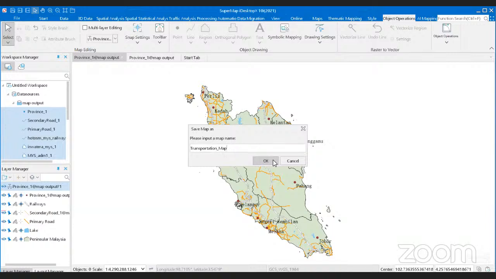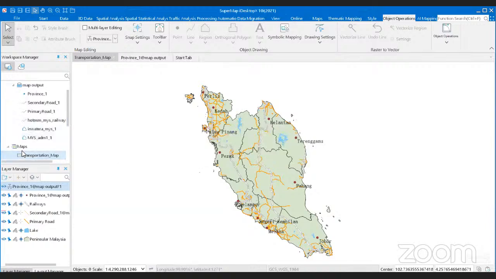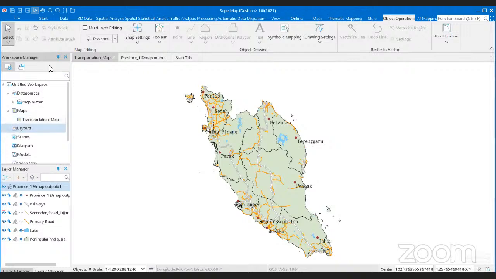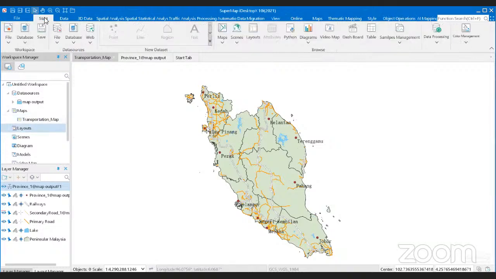And click OK. So here is the map that you already saved, which is this map. You already saved it into here. So after that, you can go to the layout here, or you can go to this tab and see the layouts. You can just right click this at the workspace manager, and click